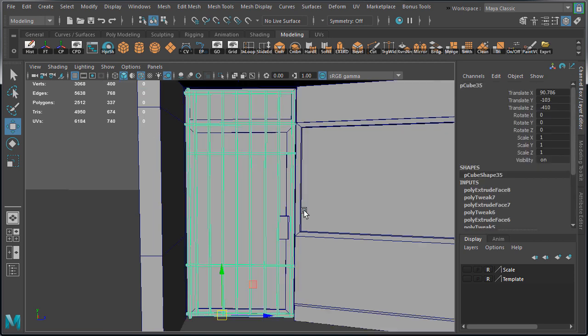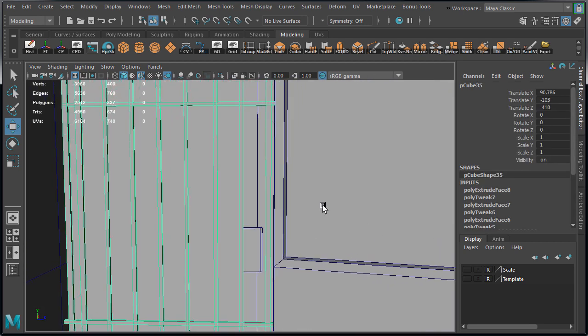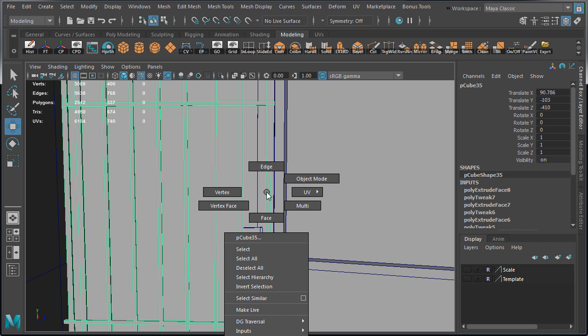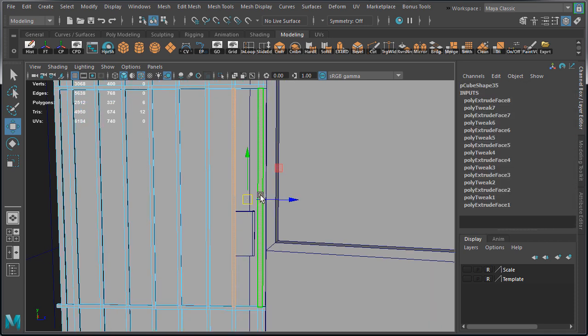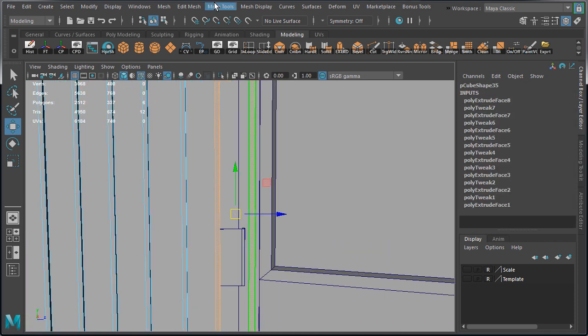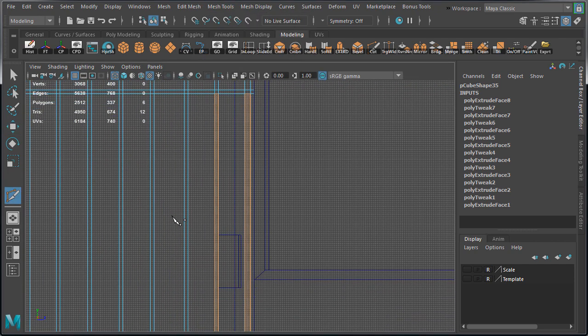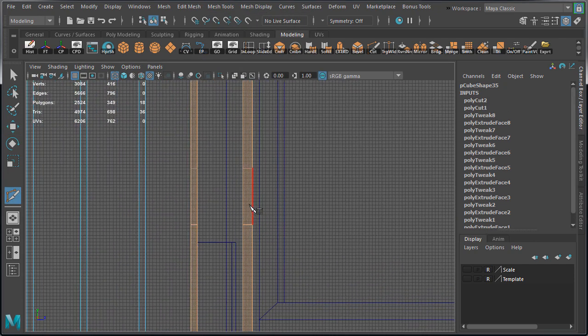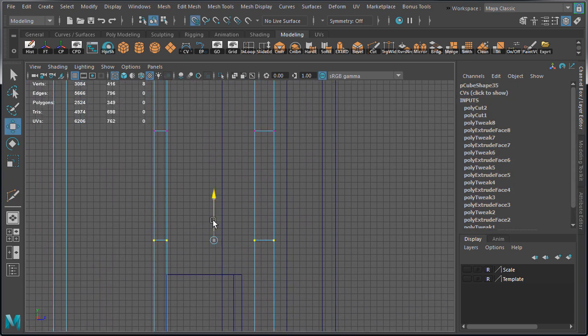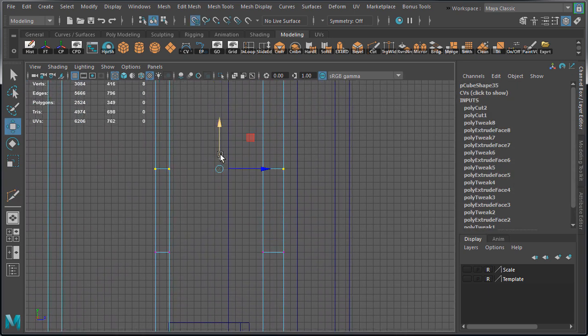The last thing we need to add is a section for where the lock would go. So I'm going to select these faces here, and use the multi-cut tool to insert a set of edges. Again, if you hold down Shift, left click drag, this will create a straight cut. Let's adjust these vertices a bit, snap them to the grid,